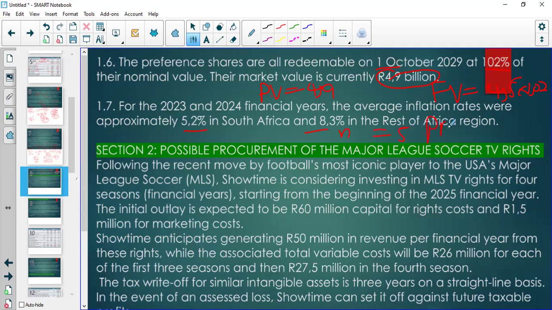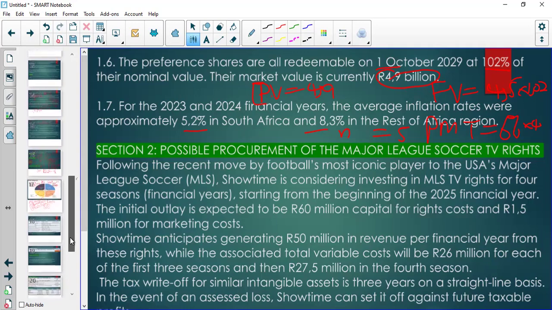Then the payment. Remember that the payment for preference shares is not adjusted for tax. So the payment is 6% of 4.5. Then from here you can calculate the rate, which is your interest rate, or which is going to be your cost of preference shares. So if I would go to the calculation that was done,